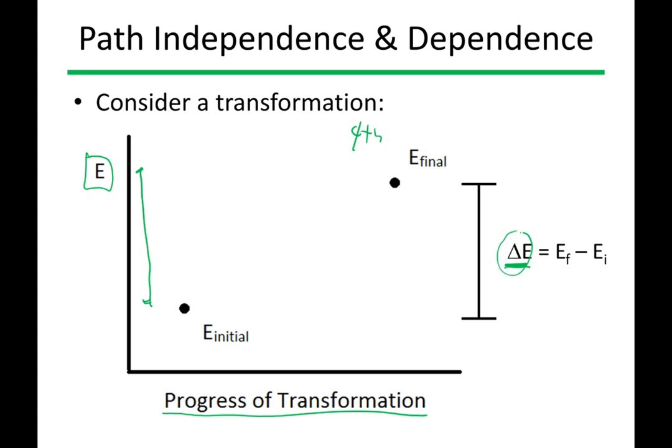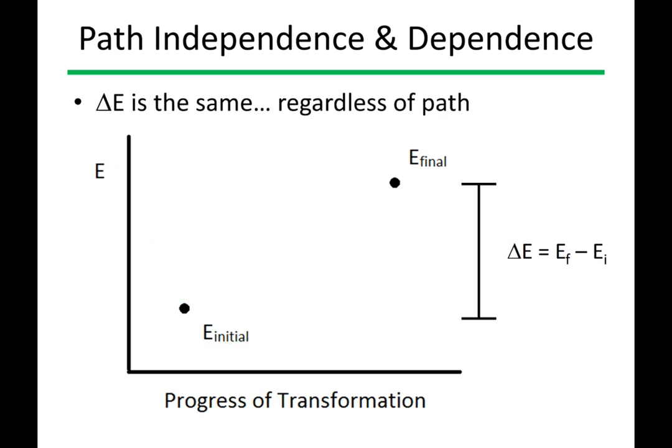Now, your total potential energy, no matter how you get to my office, is going to be the same. And for any of these state functions, we'll always take the final value minus the initial value to get our change. And so in this case, your potential energy at the end would be bigger than your potential energy at the beginning when you're on the ground floor, but your delta E is going to be the same no matter what if you start at the bottom of the chem building and end up in my office. What'll be different might be the work and heat depending on how you get there.